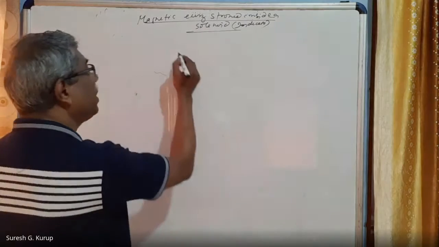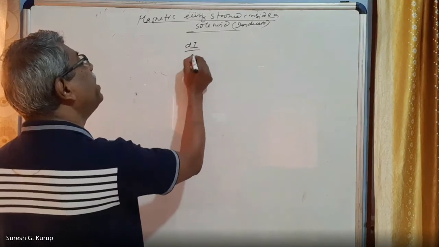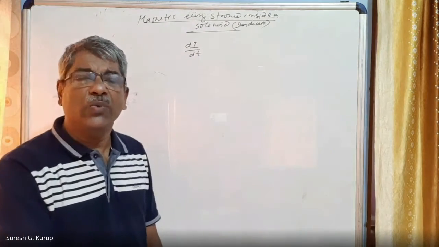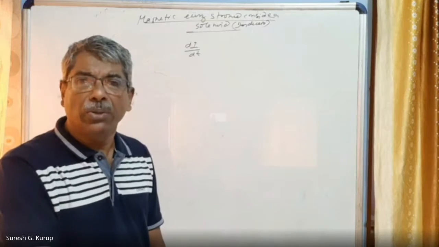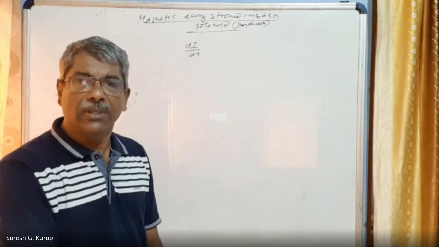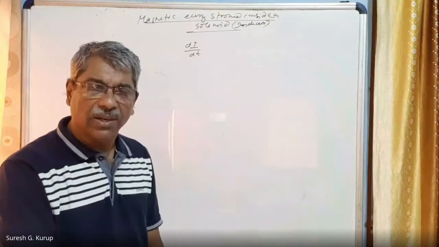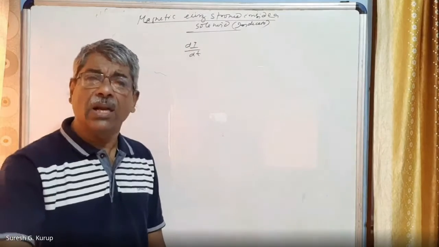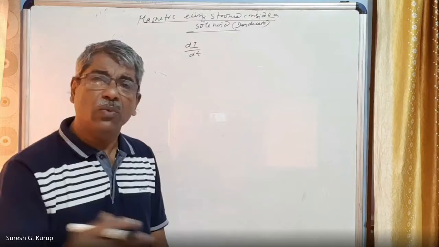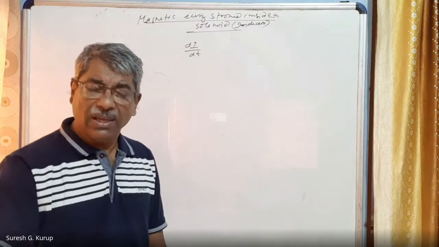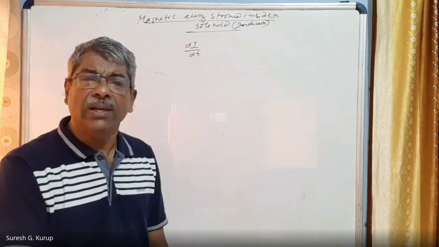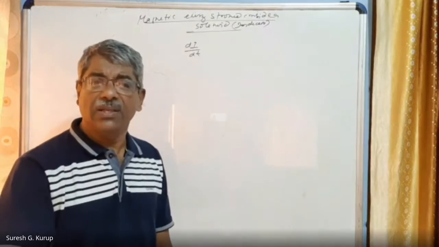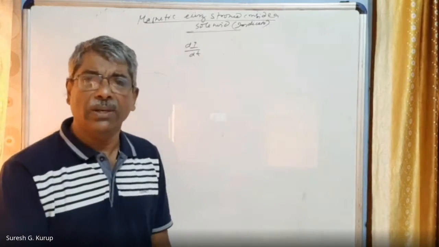At any time when current flows through a solenoid or an inductor, the rate of change of current is di by dt, because through an inductor the current will always vary. When current starts flowing through an inductor, a magnetic field is set up inside and a magnetic flux is created. That magnetic flux will induce an EMF and hence a counter current that will try to oppose the incoming current. Therefore, the growth of current through an inductor is slow. It becomes maximum after a certain interval of time. So gradually the current through a coil increases.